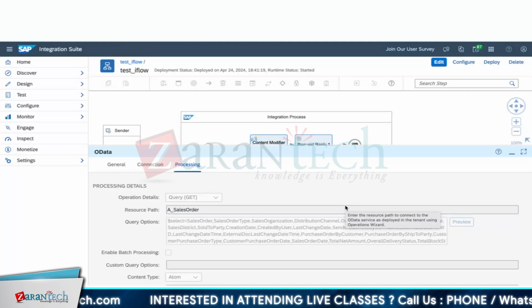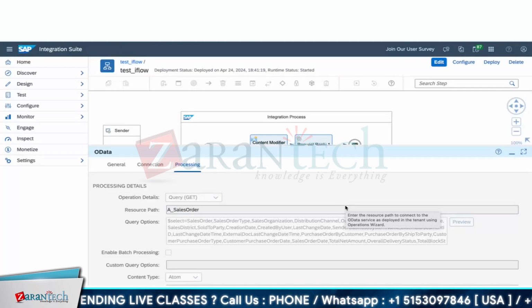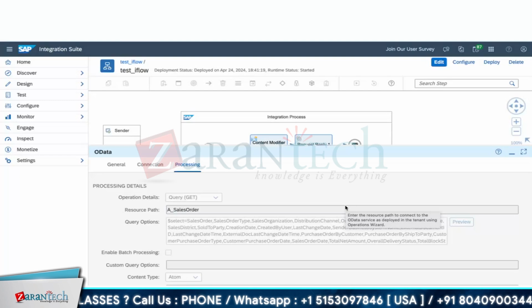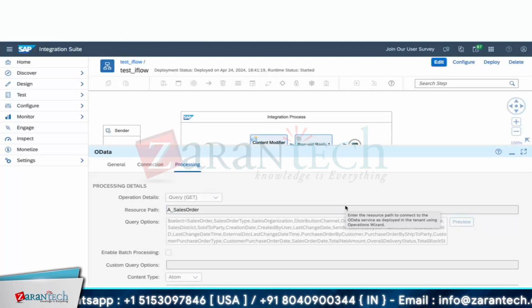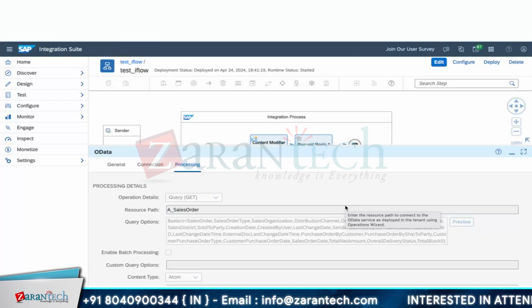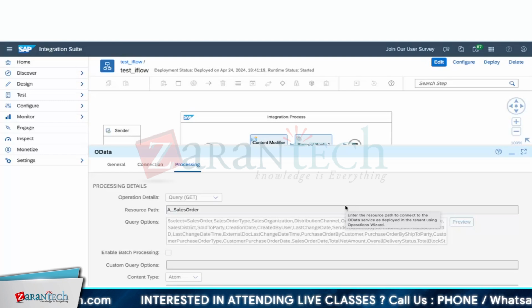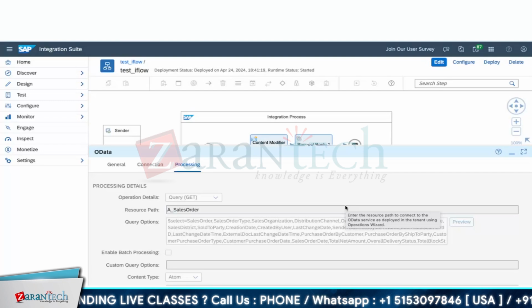Underlying everything, it is a Camel engine in your CPI. The Camel engine understands XML more than any other format. So you will be able to develop easily if you have all your format with a SOAP service.